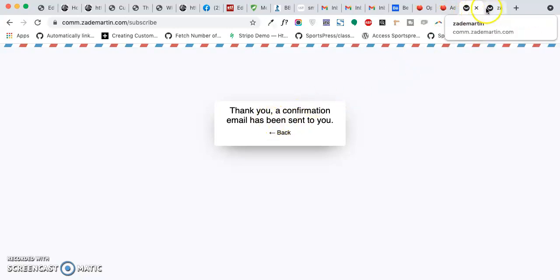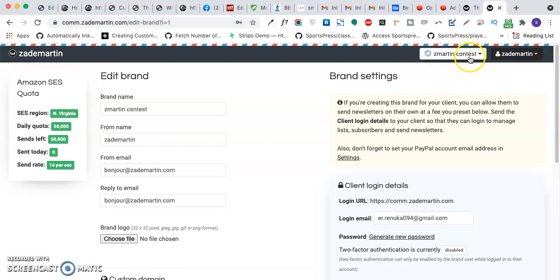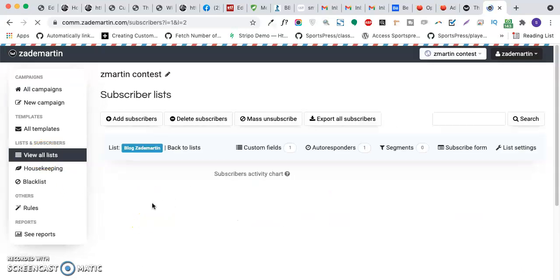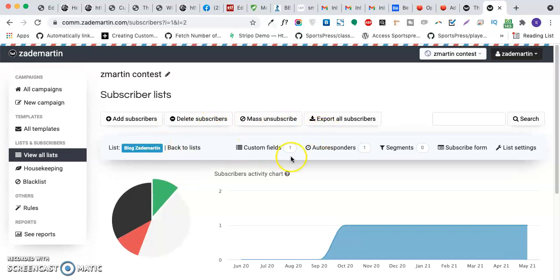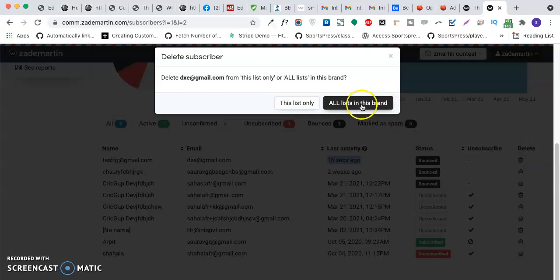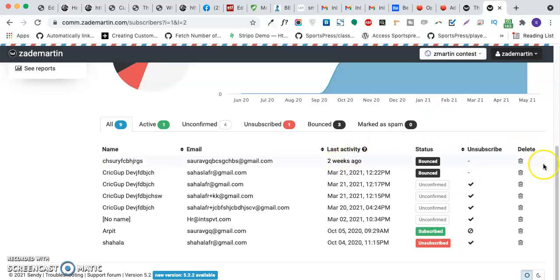As you can see, I have got a subscription confirmation. I'll go ahead and check in my list whether I got subscribed or not. I just subscribed with an email, bxe@gmail.com. I'll go to the subscriber list. As you can see, I just now subscribed with these details, and it was subscribed 16 seconds ago. Alright, so this is how the custom Sendy form will work. If you want, you can integrate it in any website. I'm going to remove this, as it will be considered spam.